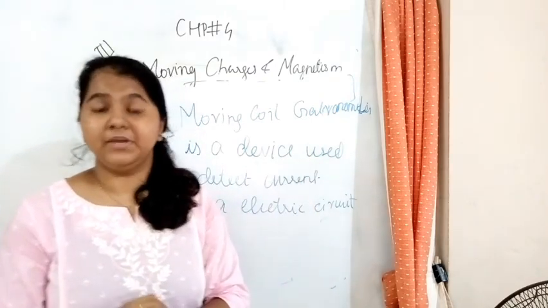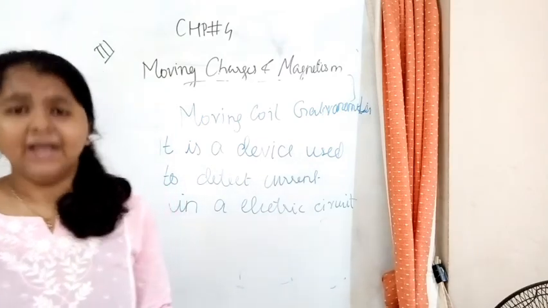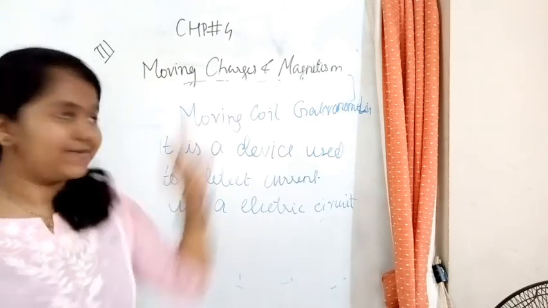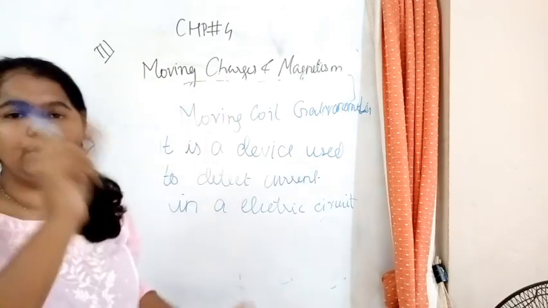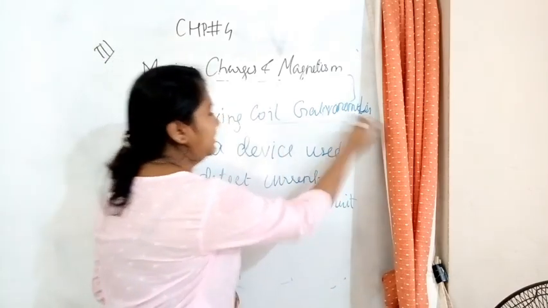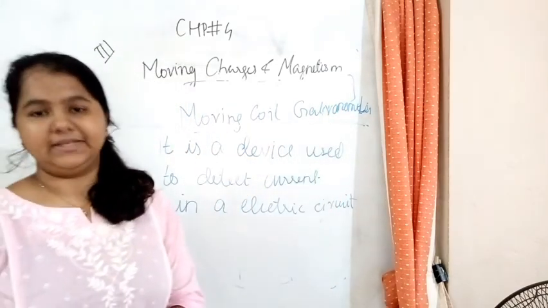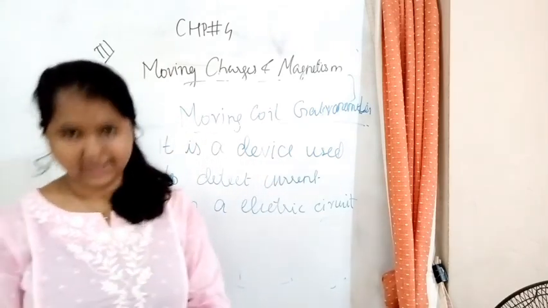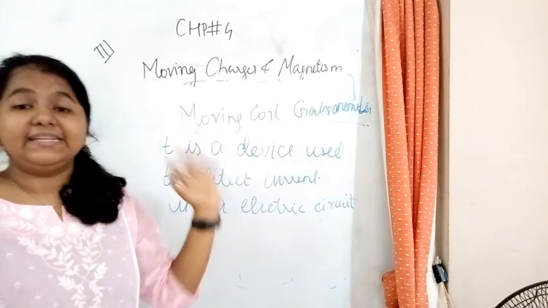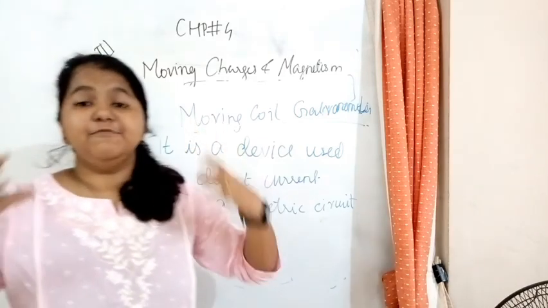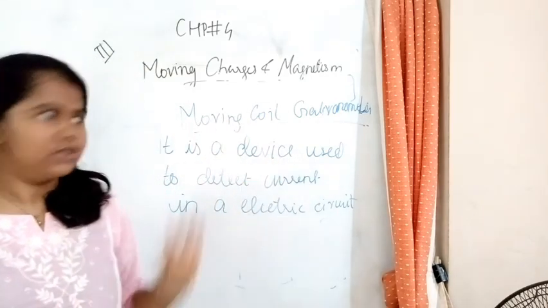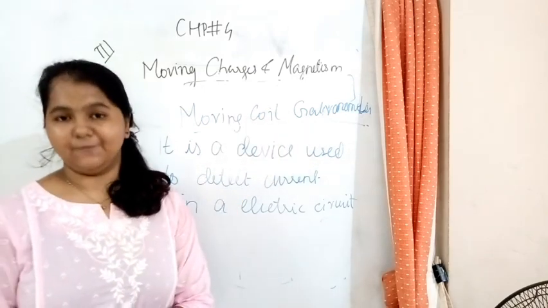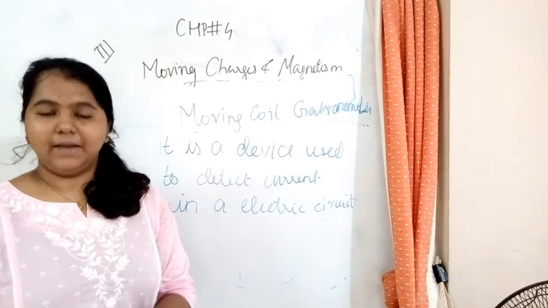Didn't we learn about the galvanometer when we learned about circuits in our lower classes? Didn't we learn under the Wheatstone's bridge there was a galvanometer across which shows zero deflection? So that is what a galvanometer is. Moving coil galvanometer works on the principle of a circular coil placed in a uniform magnetic field. Inside that, the intensity of magnetic field depends on the current. So that is the working principle of the moving coil galvanometer.